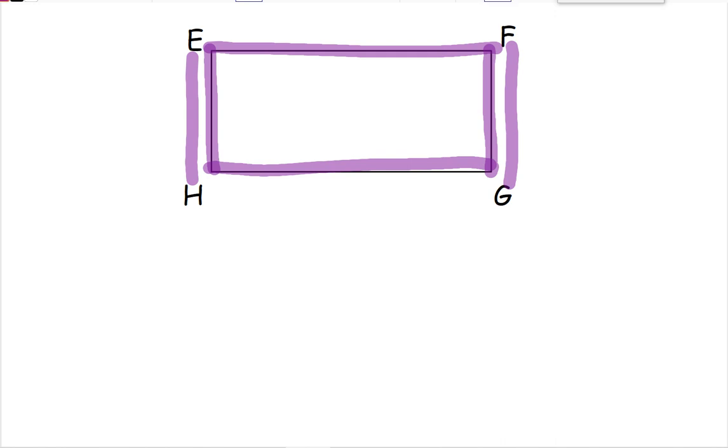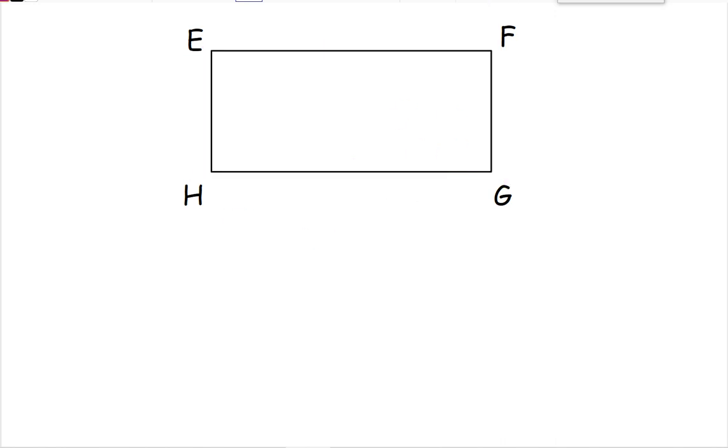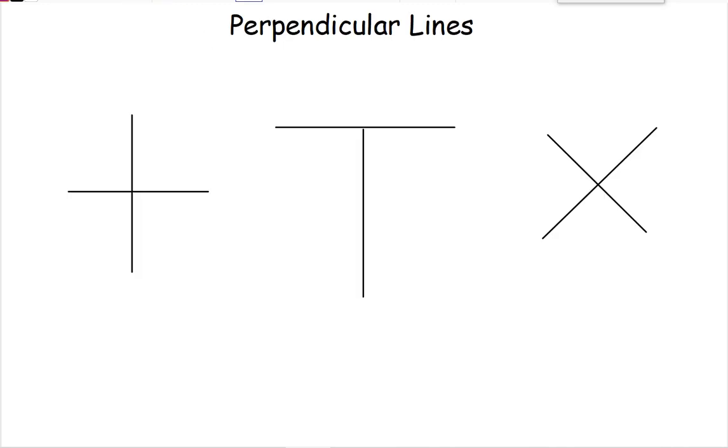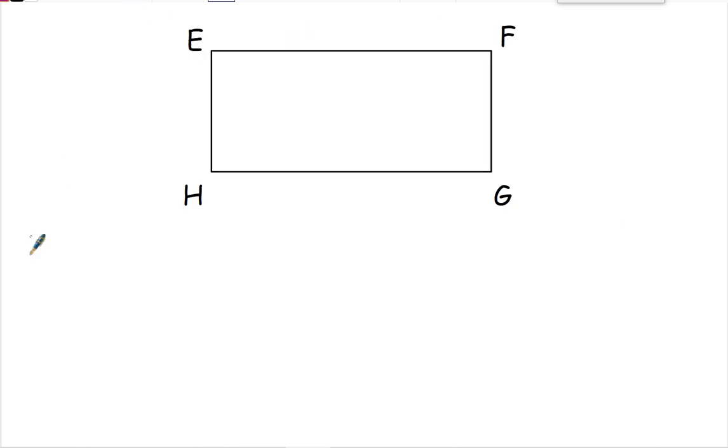Now on this rectangle, these lines intersect in a special way. They're what we call perpendicular lines, which are line segments that intersect and make a square corner when they meet. So you can see here that these make a square when the lines meet each other. So these are perpendicular lines. So on my rectangle,